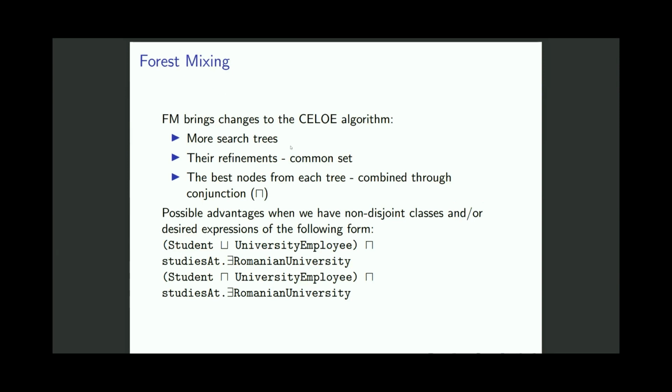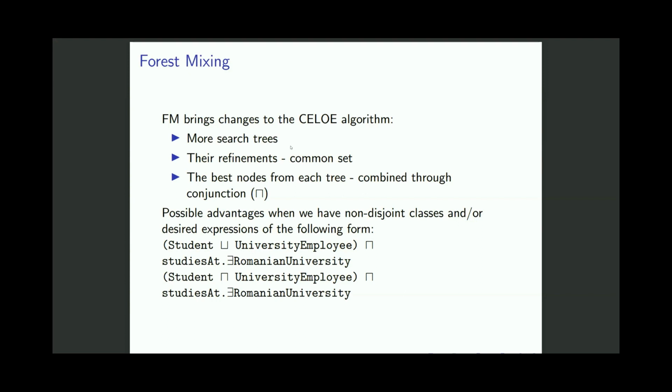Sorry. And we'll choose from a common refinement pool for each of them instead of choosing each individually. So we could use something like a conjunction or logical AND to combine the best from each tree to create even more interconnections between these trees. And what we think would be the possible advantage of this is when we have non-disjoint classes,